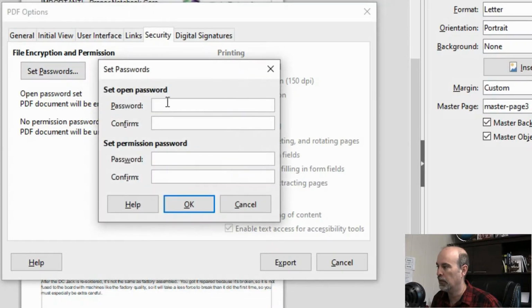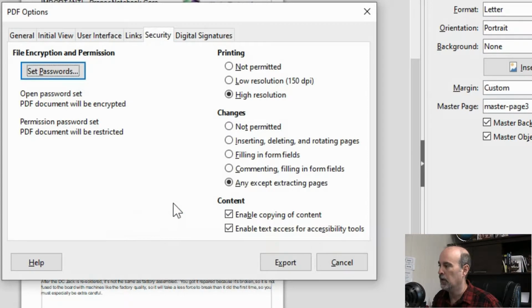So let's just go back here. I'll re-put the password for opening, but also we want a different password for editing or permissions. So now with the permissions, they're all lit up. So we can say printing, maybe we'll allow it, but maybe only in low resolution mode. Or maybe you don't want them to be able to print it at all.